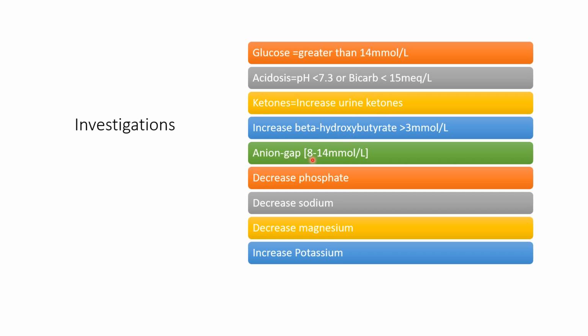Anion gap. The normal level is 8 to 14 millimoles per liter. There is a separate presentation on anion gap, metabolic acidosis, respiratory acidosis, acid-base balance generally. I think I have about 5 or 6 presentations on that right here on my channel. Please just check them out. Decrease phosphate, decrease sodium, decrease magnesium. Here, when there is decreased magnesium, that could lead to